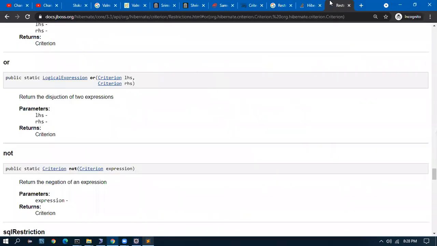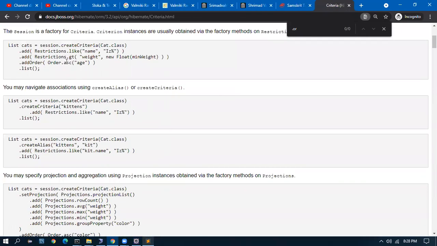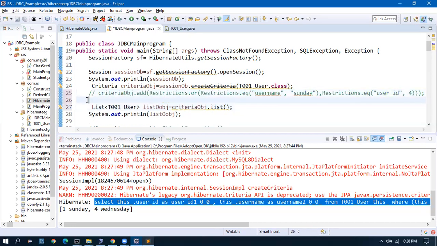Now let's go there. There is something called add order, where we want to order the records by ascending or descending. So let me convert it to a raw query. I won't add any criteria, and now I want to order.